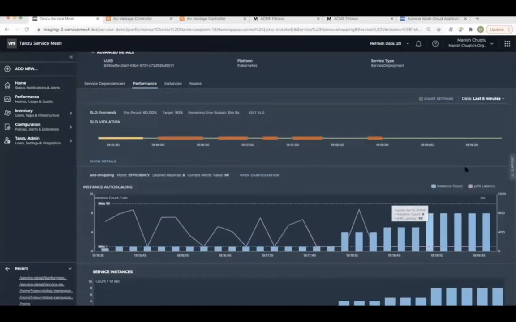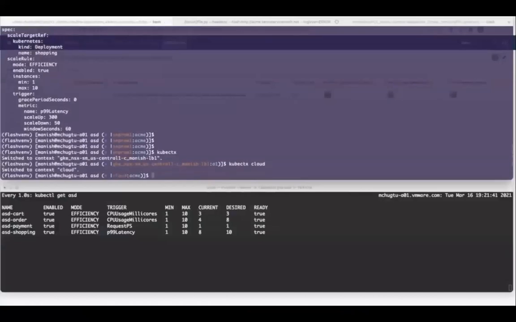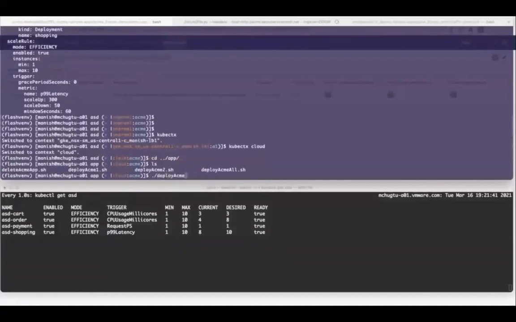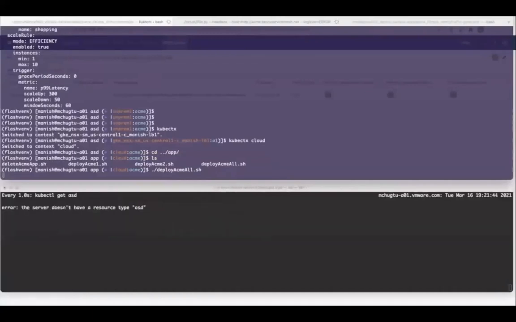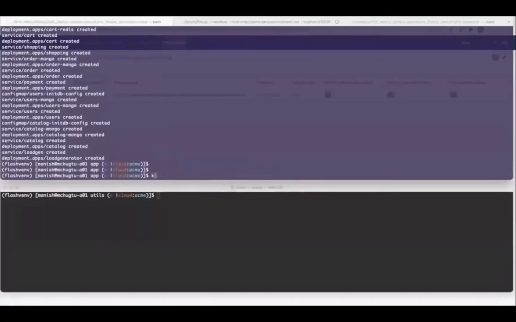As that could take some time, we could trigger the same manually by deploying the application on cloud. In this case, let's go ahead and deploy the complete application to a single cloud cluster. Let's switch our context to the cloud cluster and deploy the complete application. As soon as the